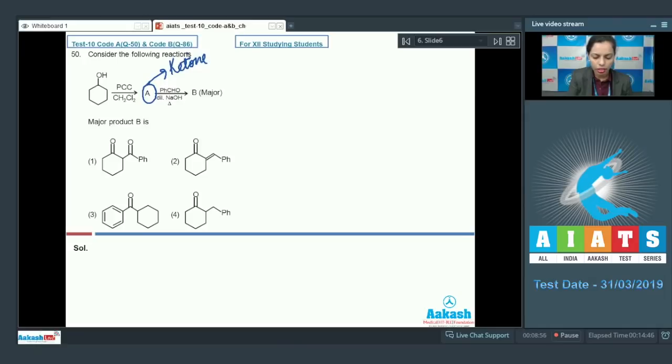I'll draw the structure, but just consider first the reaction. When this ketone reacting with benzaldehyde in the presence of dilute NaOH and heat, there's the formation of a product B. Just recall which reaction it is. Yes, this reaction is cross-aldol condensation reaction in which B is formed as the major product. So what would be the product? So first I'll draw the first reaction in which the secondary alcohol in the presence of PCC and dichloromethane is getting changed into